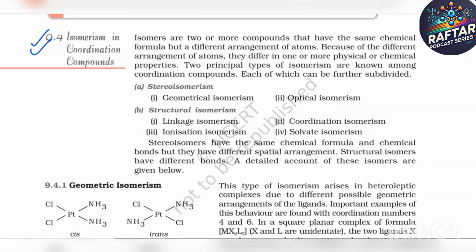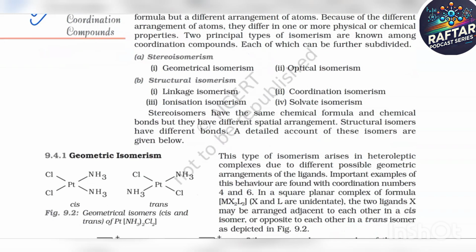Isomers are two or more compounds that have the same chemical formula but a different arrangement of atoms. Because of the different arrangement of atoms, they differ in one or more physical or chemical properties. Two principal types of isomerism are known among coordination compounds, each of which can be further subdivided. A, stereoisomerism: first, geometrical isomerism; second, optical isomerism. B, structural isomerism: first, linkage isomerism; second, coordination isomerism; third, ionization isomerism;